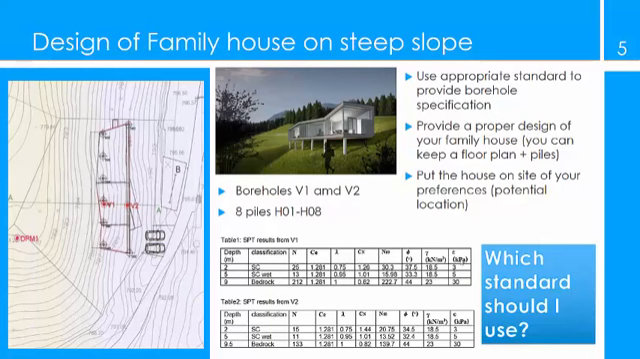What I would like is that you keep just a floor plan. You can also slightly make it in a different way if you wish to do so, and those 8 piles. Please put the house on a site of your preference, so on a